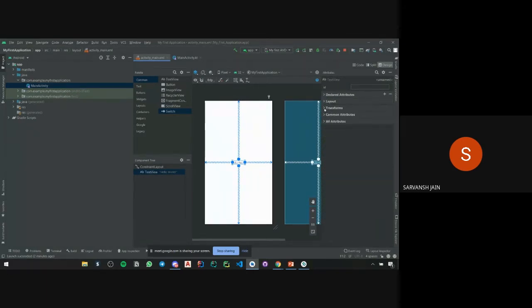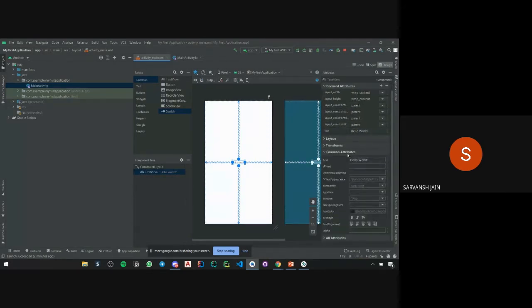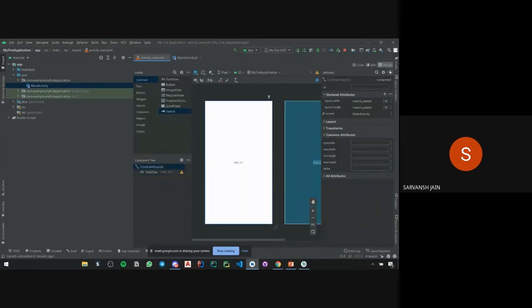There are declared attributes, layout, transforms, common attributes, and all attributes, and you can search if you want to find an attribute. Like here it's written hello world. If I want to change it, I'll go into text and change it from hello world to hello KIT. When I press enter, you can see the text has been changed.